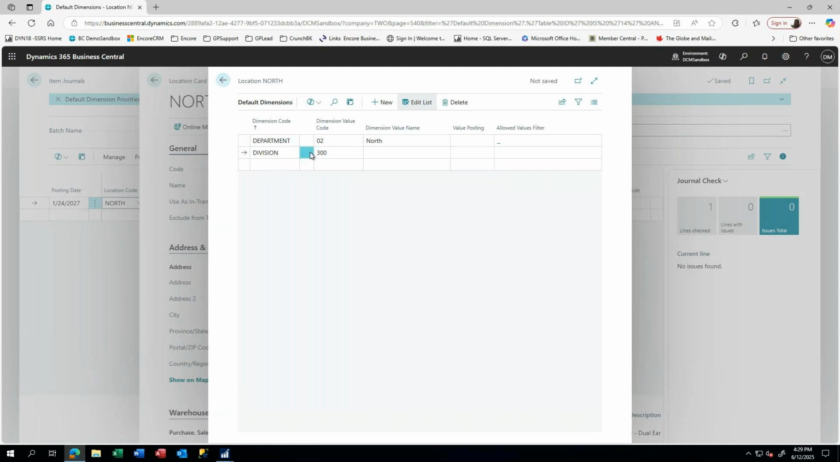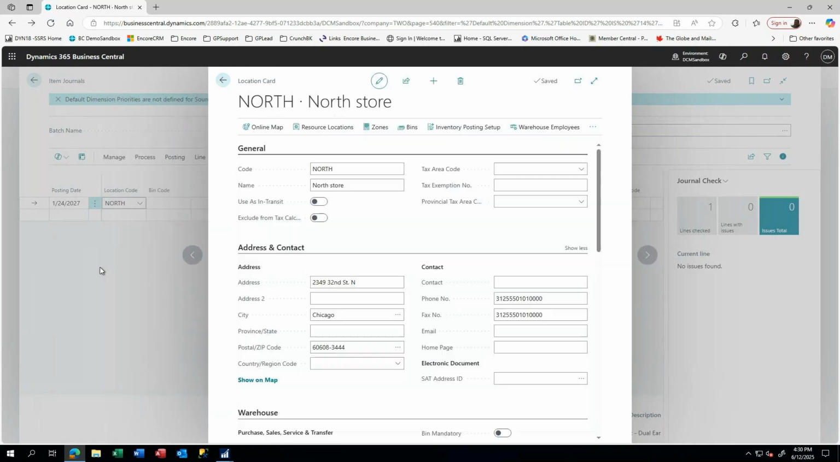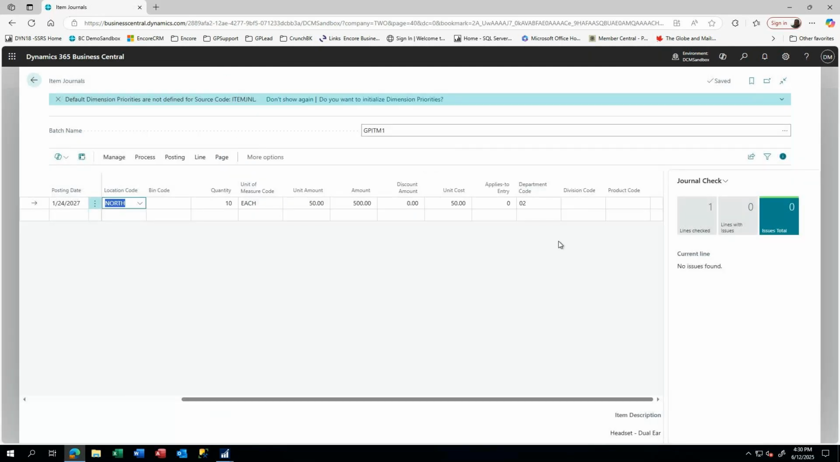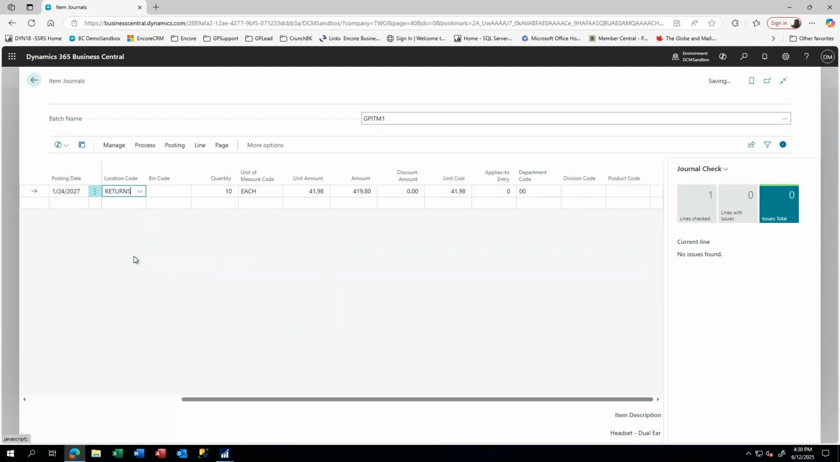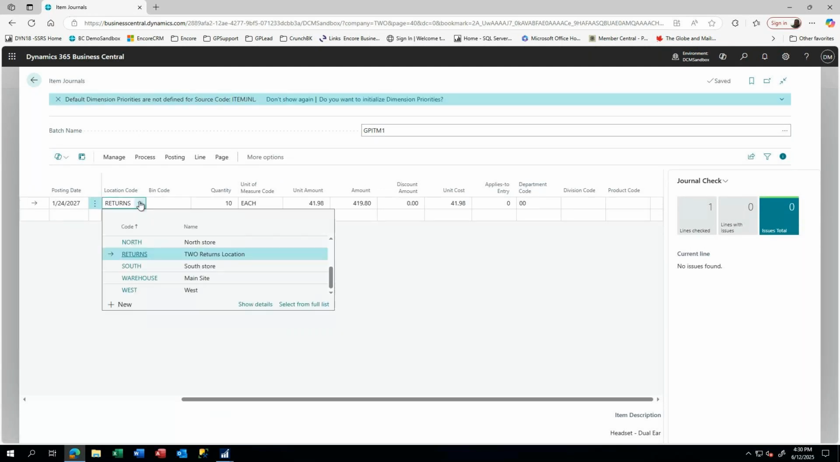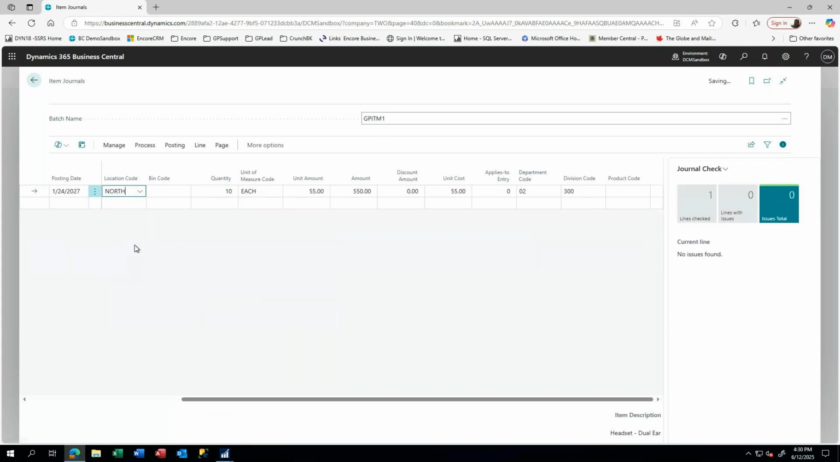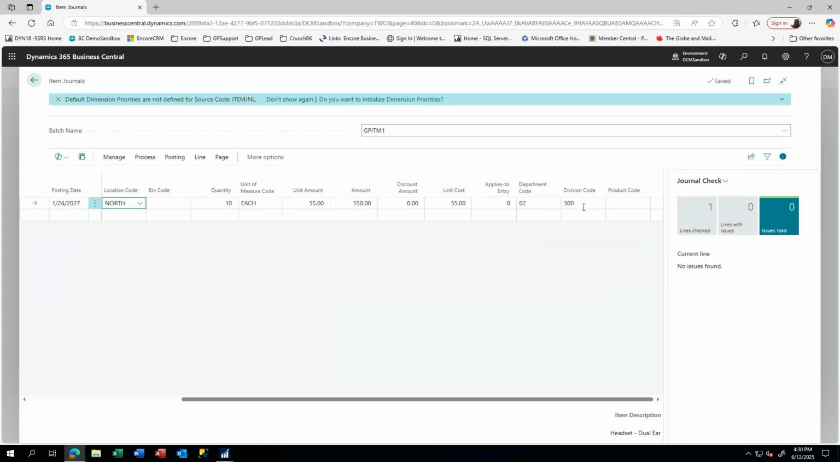I'm going to leave this one off for the time being. So I go like this, and I go up, and now everything is saved. Got off that screen, and now when I go back to my list here, and I go back to my card, the division code is right there. But if I was to change this to returns, and now change it back to north, you'll see that the 300 is automatically populated inside here. So that will then drive it to